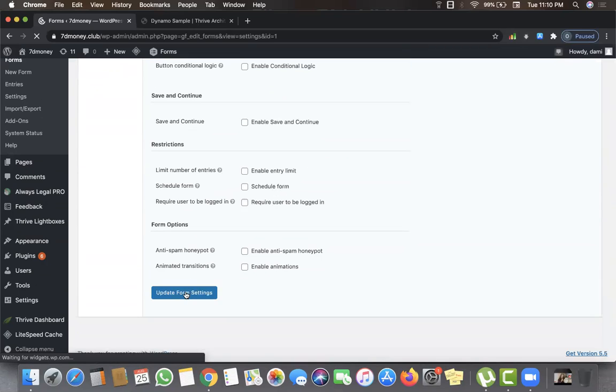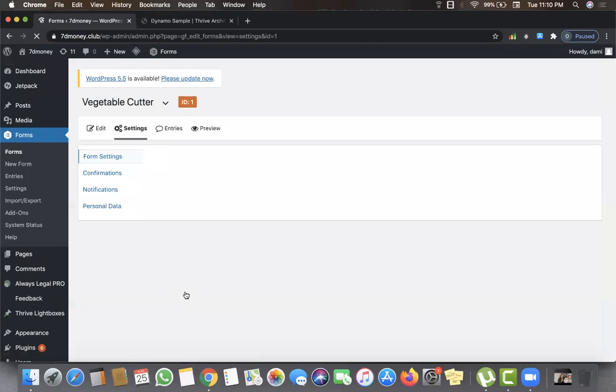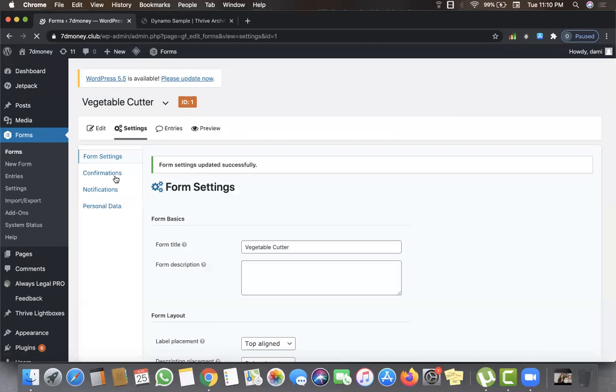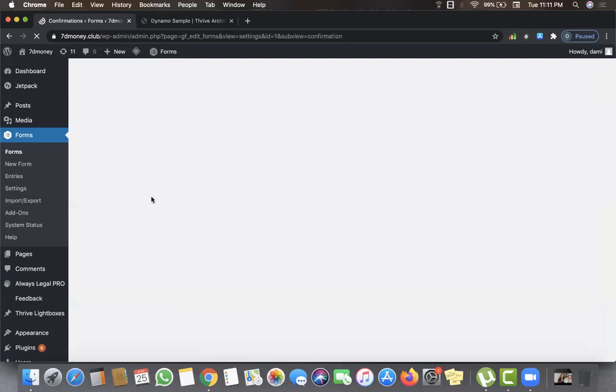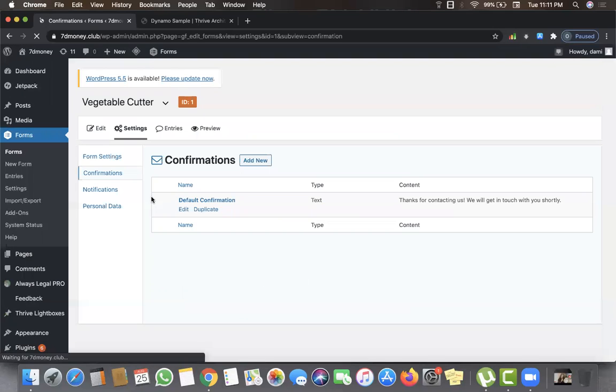So that is what I do. Then I click update form settings. That's the only thing I change under form settings. Okay. Then I go to confirmation. Okay. Now this is technical. All right. This is technical. Now, in this confirmation,